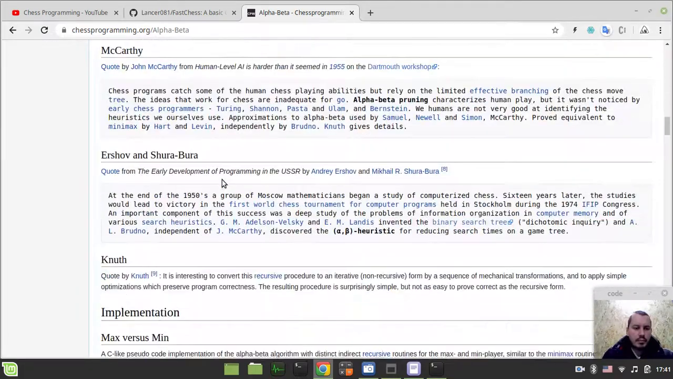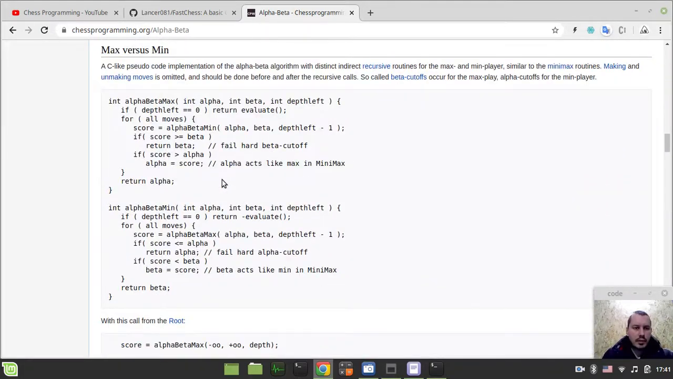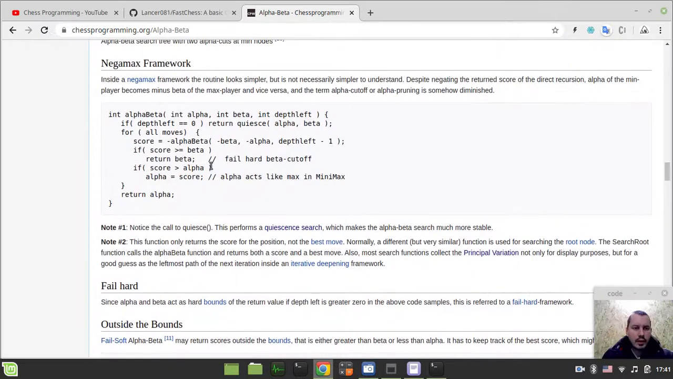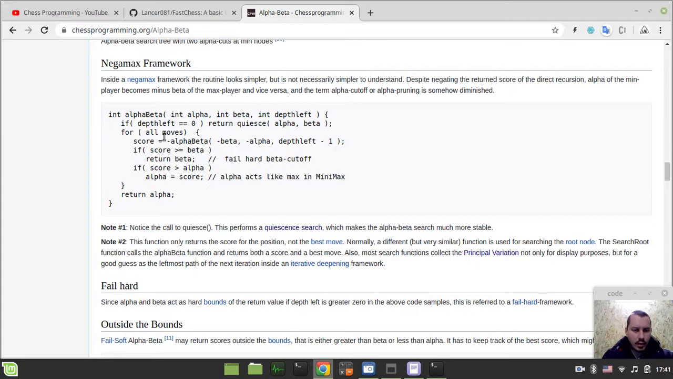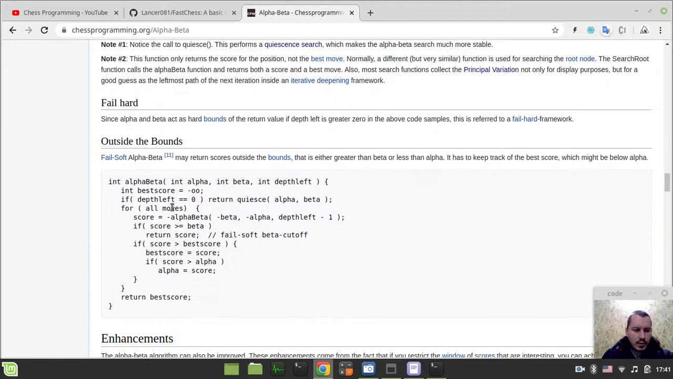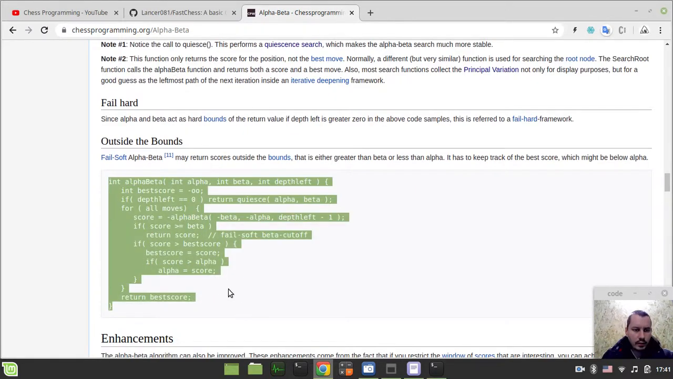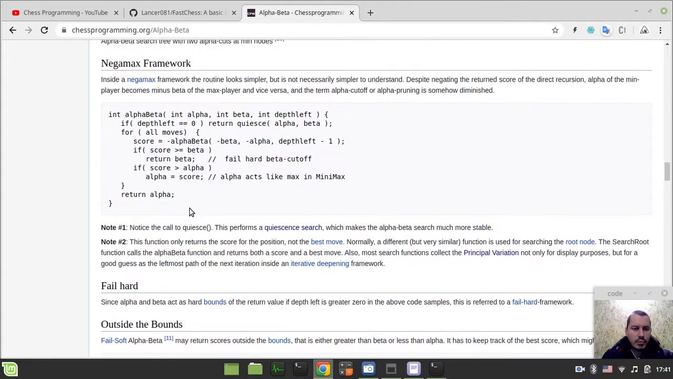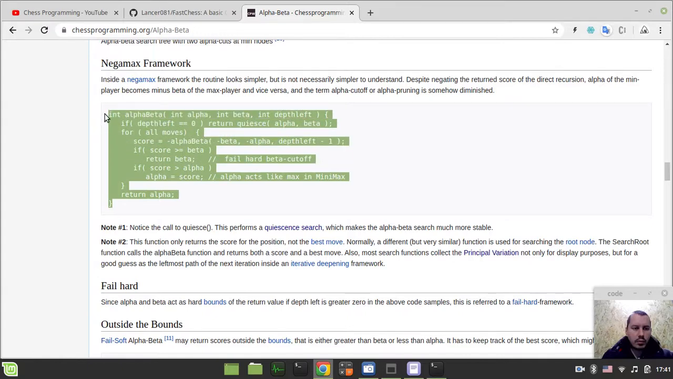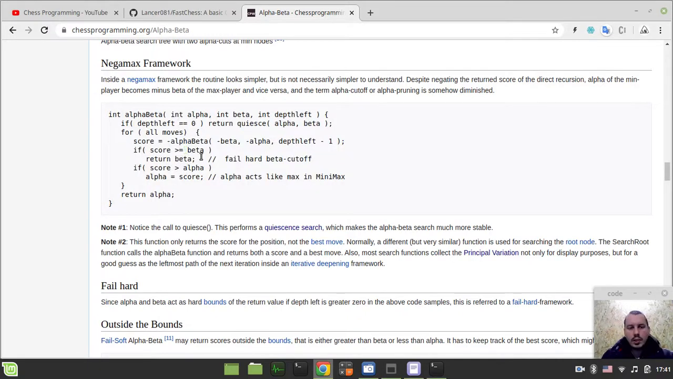Here is the basic snippet. Yeah, here is the basic NegaMax framework, the fail-hard one. And this one is the fail-soft. So the difference is that this one has the best score variable and this one doesn't. So I really recommend to kickstart with this sort of implementation. It's easier and more straightforward. But anyway,